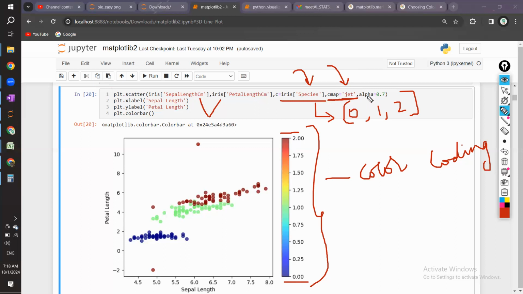And alpha is just the transparency and opaqueness. That means how dark or how light these should be. That will be decided by alpha. Just the designing and formatting parts, the CMAP and alpha. But the main thing here is what data point you are plotting and what column you are using for